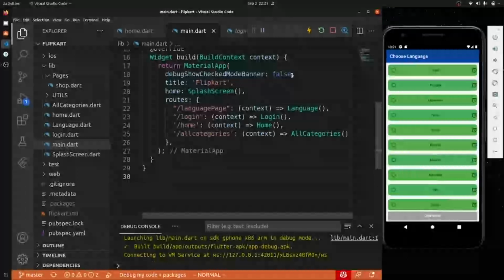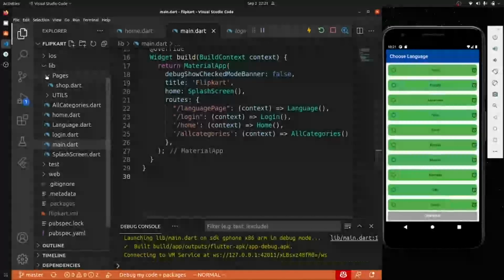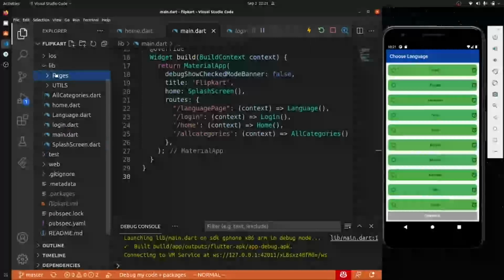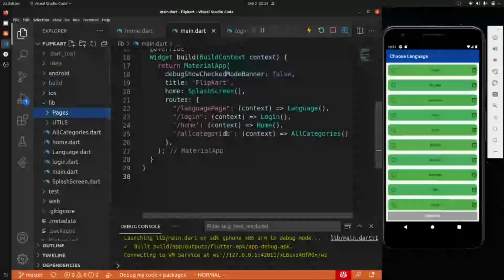Hey there everyone, back again with another video, and in this video we're gonna move forward in our Flipkart clone app. And guys, sorry for the last two videos, we're in a speed run because I'm having some throat infection and was not able to speak. I still have that issue, but I'm trying to make the video.